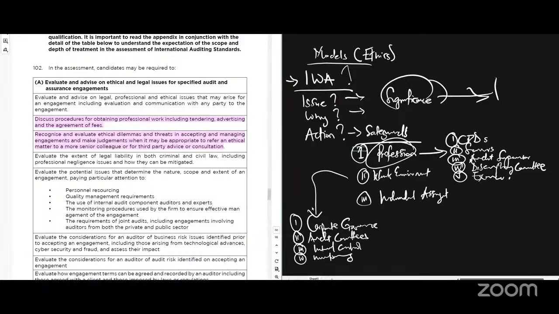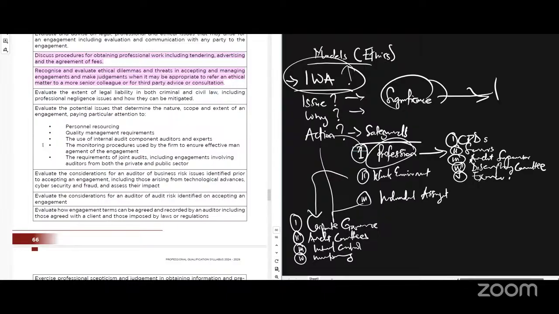If I know that my wife has shares in the company, I can just take out the shares. If I know that my uncle is there, then I can exclude myself. I can rotate clients. All these things are safeguards. So I break safeguards this way. So remember my good friend, what? IWA. IWA will help you. That's all. Did that make sense?